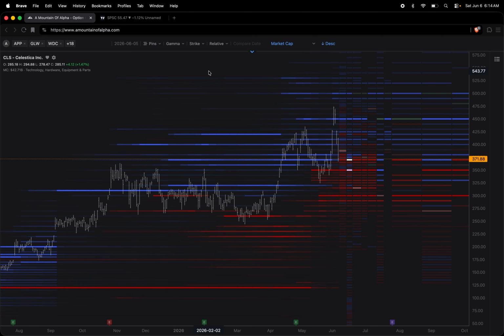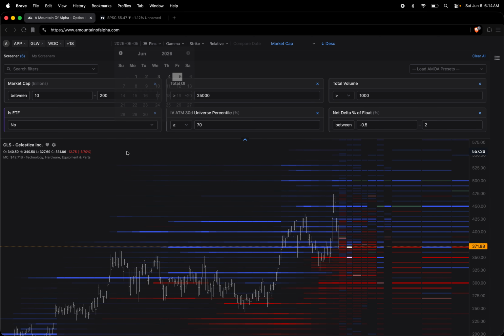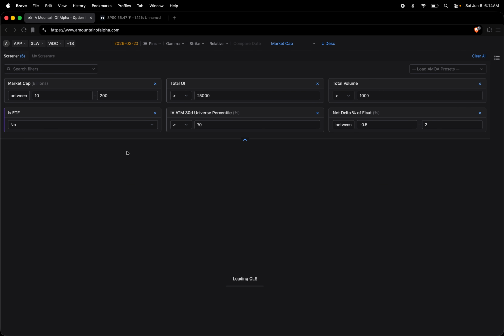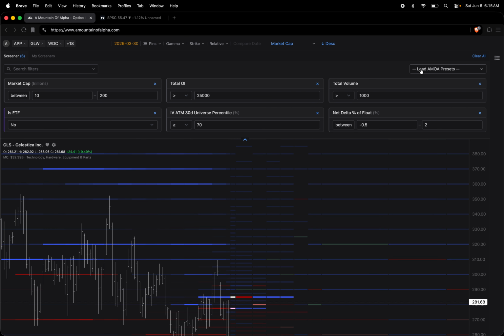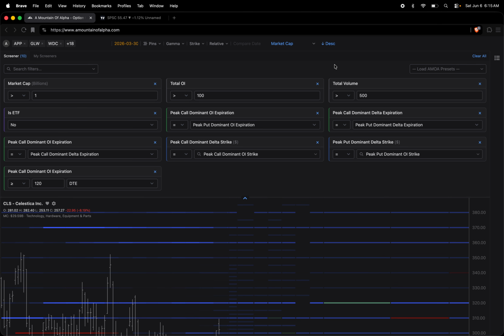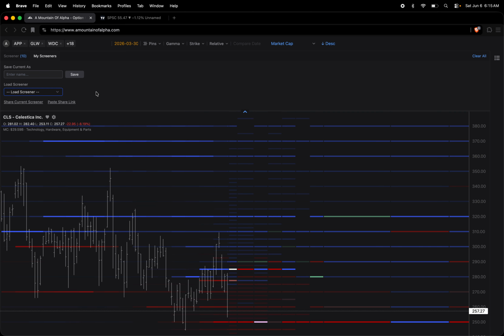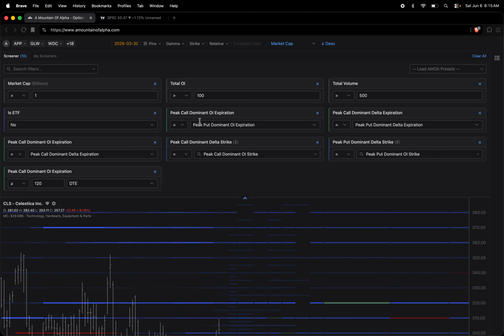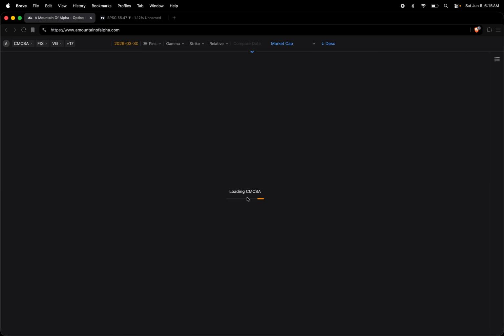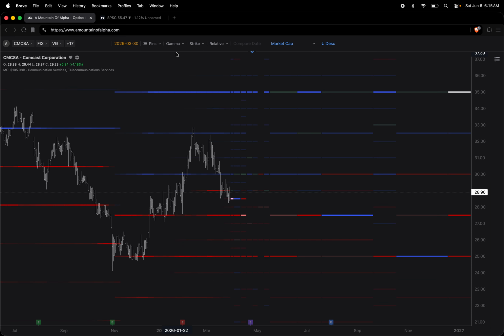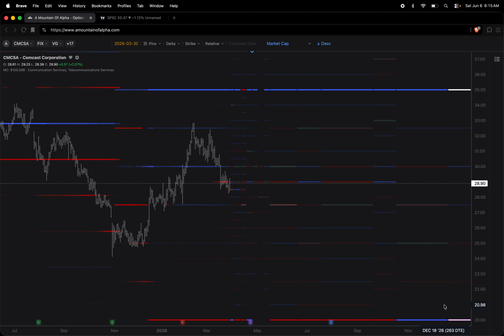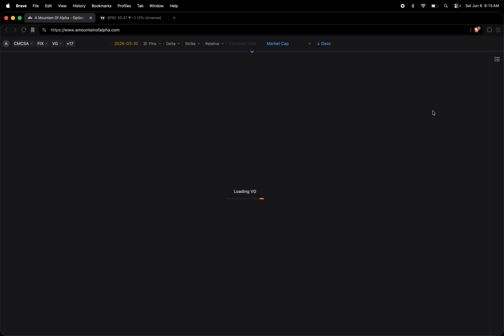Now, another thing is that if I go back, March 30th, I've taken the screeners that I use. I have a bunch of screeners, and I put them as presets. This preset is for a bullish delta spread, and these are the candidates I run for delta spreads. Now you got to make sure you're on delta, right? You could see this is a very large delta gap, and so I don't really trade those. What I'm typically trying to find is